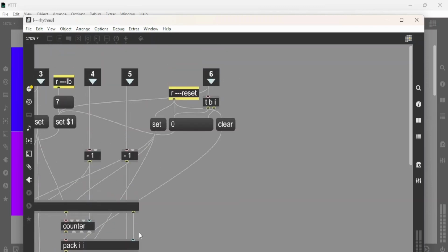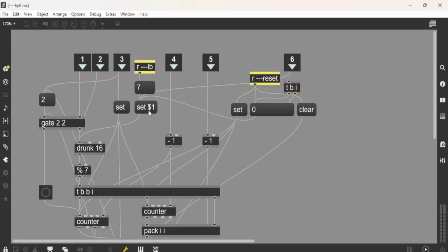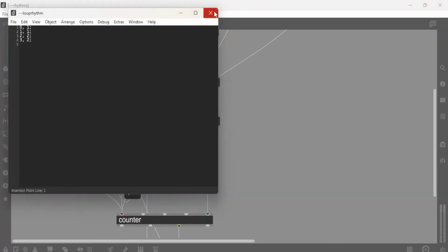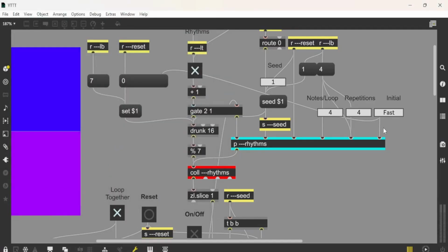So our inlet 6 is just going into a set, and then a $1 is a variable. So any number that comes in here will be the variable there. So it'll be set 0. The message sends as set 0 into the drunk, and our 0 for our rhythms is a 16th note. So 0 is fast. And then as we increase this, you can see that our default is, or let's see,